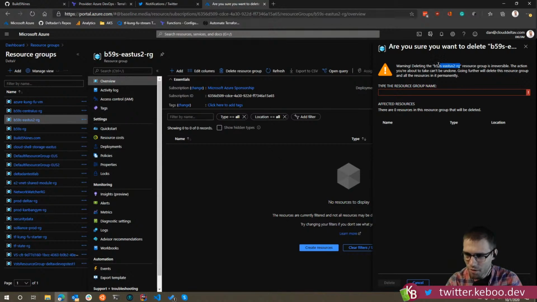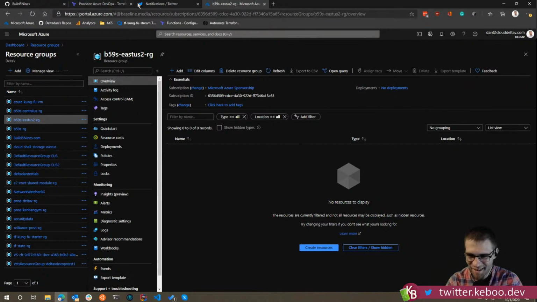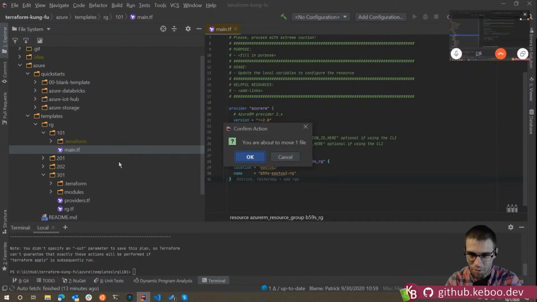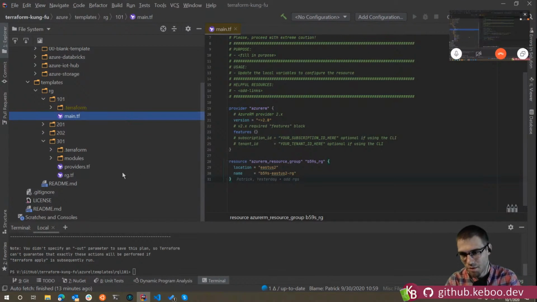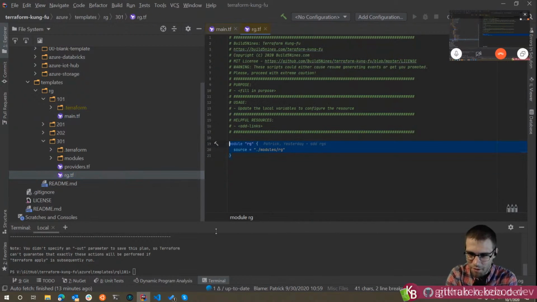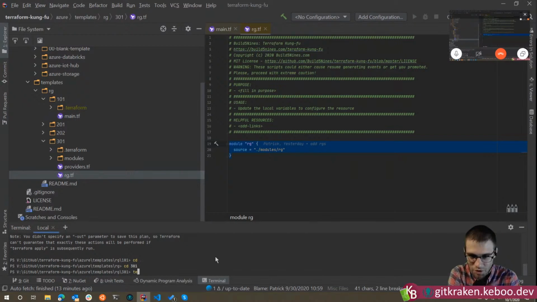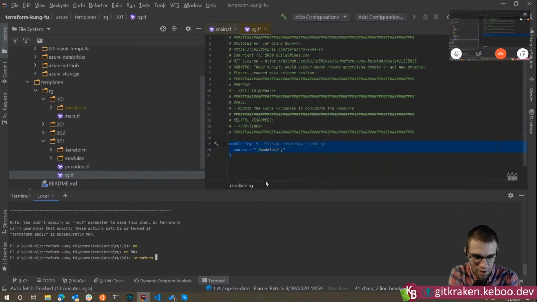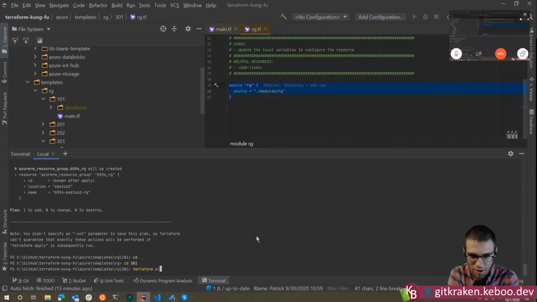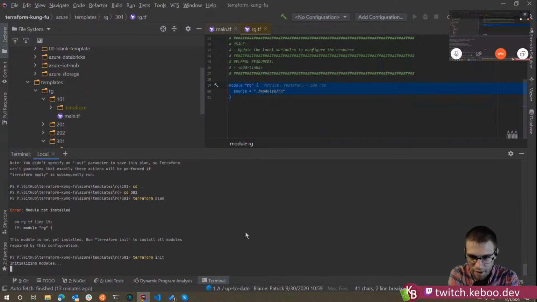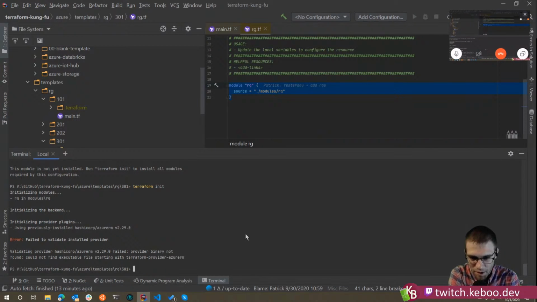Careful whacking in the portal, though. Remember, those may be in state. Terraform doesn't look at the infrastructure to know what's there; it looks at its state file when determining what goes out there. That is something I was going to bring up too: in these examples we've just done local state, internal to the directory. We haven't done shared state for if you were working on a team bigger than, say, one, or if you wanted your state file backed up in the cloud somewhere. I don't know if that necessarily makes sense in the templates.